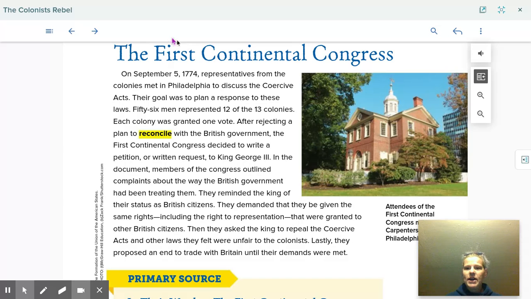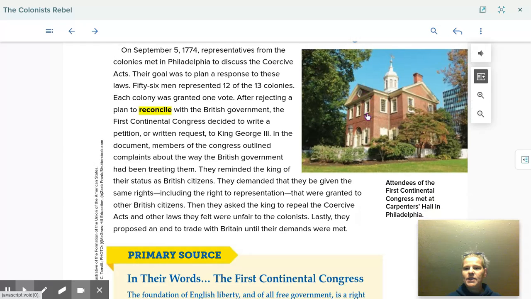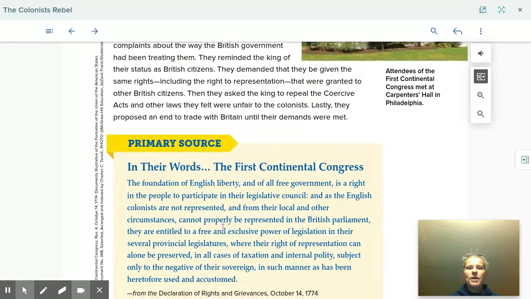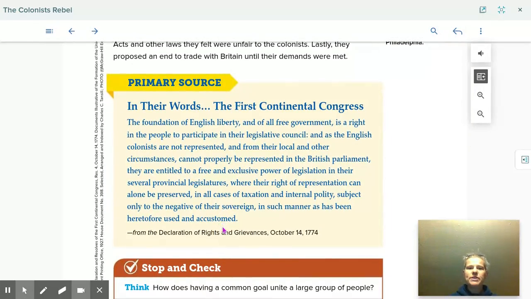So this here is the building in which the attendees of the First Continental Congress met, and that's Carpenter's Hall in Philadelphia. Let's go and look at this primary source here. It says, in their words, the First Continental Congress. The foundation of English liberty and of all free government is a right in the people to participate in their legislative council. And as the English colonists are not represented and from their local and other circumstances cannot properly be